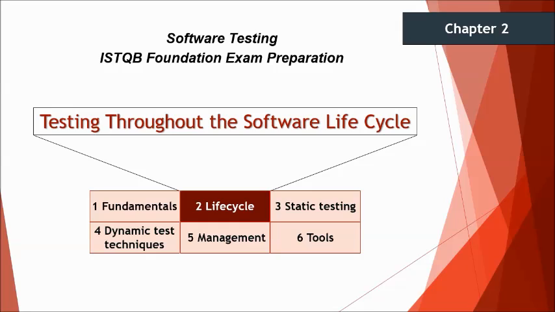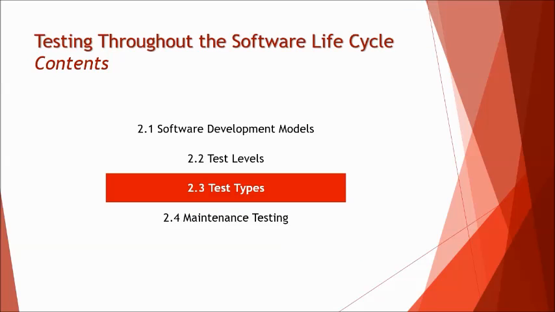So here is another tutorial on chapter 2 where we'll be looking into the next topic, that's 2.3, the test types. So the test types, basically we'll be elaborating more on what testing is all about and how testing is classified, what is static testing, what is dynamic testing, and under that we'll be looking into how white box testing is classified, and how it differs from the black box testing techniques. Also, to a certain extent, we'll be looking into the functional and non-functional levels of testing and differentiating between them,